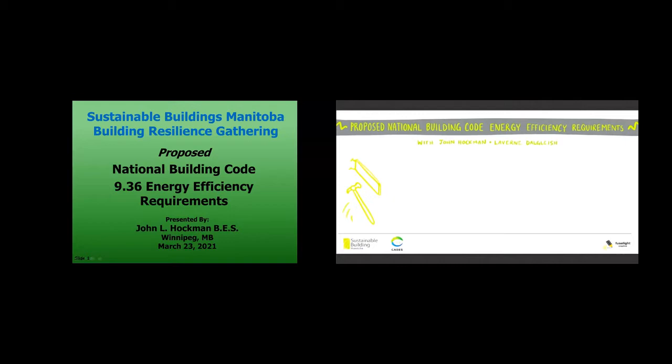I just wanted to reiterate that my position in this is not representing either the National Research Council or either of the standing committees that are dealing with energy efficiency. I sit as a member of the Housing and Small Buildings, Part 9, National Building Code. I was a member of the task group, which was part of the Housing and Small Buildings, and the Standing Committee on Energy Efficiency that